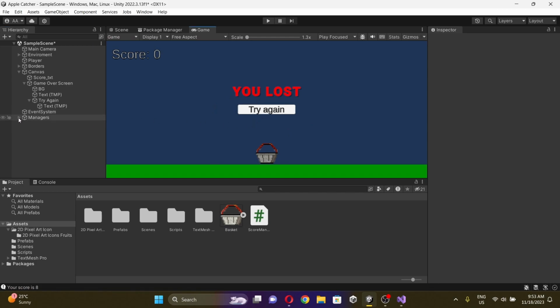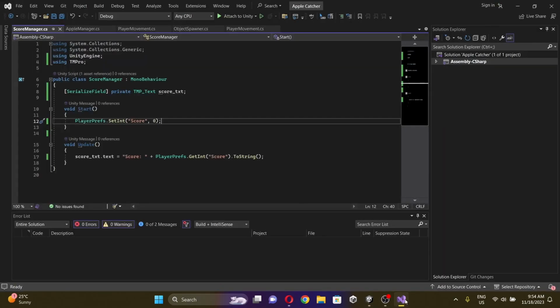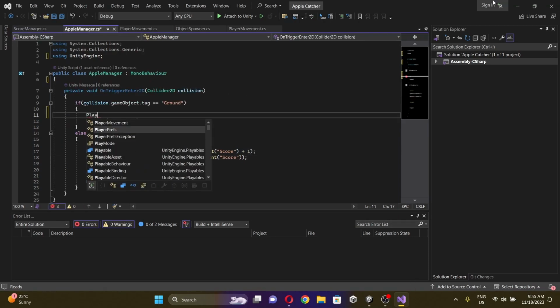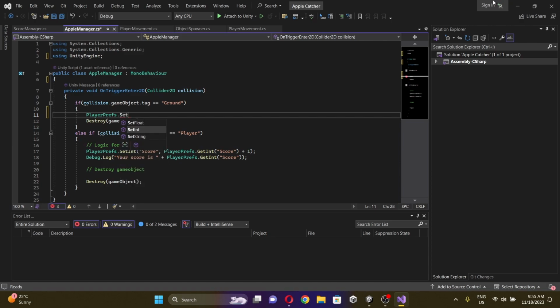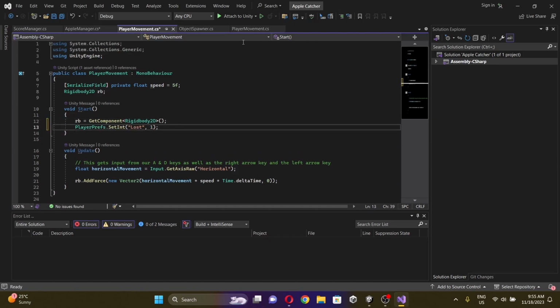And what we'll be doing is make it so that it shows the game over screen whenever the apple falls down, and we're going to add some more functionality. So we're going to go ahead to the Apple Manager and write in, whenever it touches the ground, we'll make PlayerPrefs.SetInt, and this time we're going to be naming it lost. So the reason why we're using this is, whenever the player loses, we'll set the int to 1, and by 1 we can see in an if statement. We can see if it is 1, we know the player has lost, and if it is not 1,